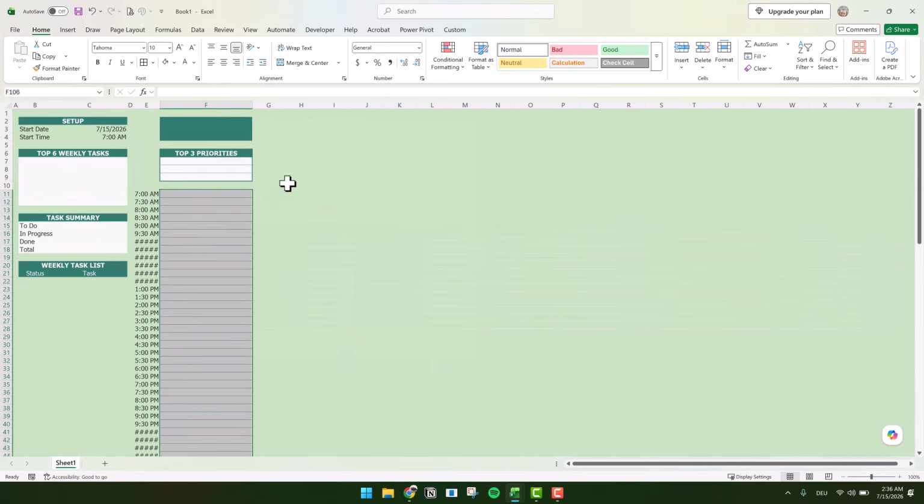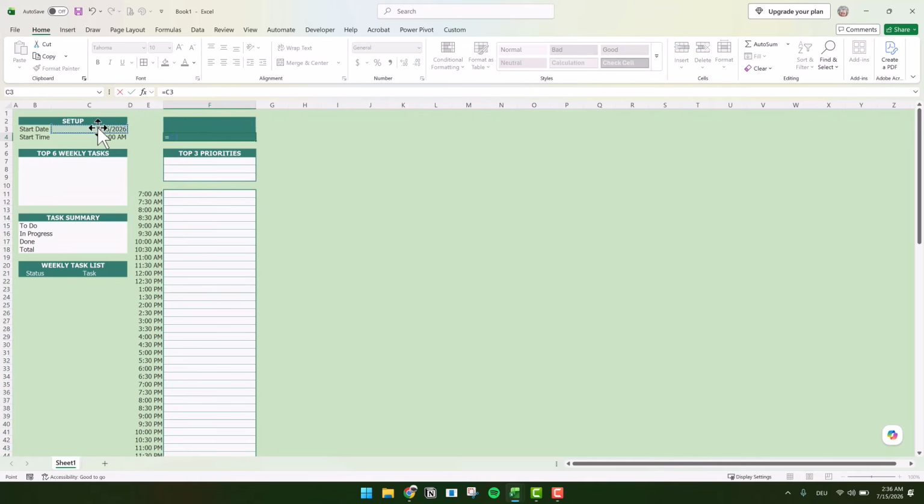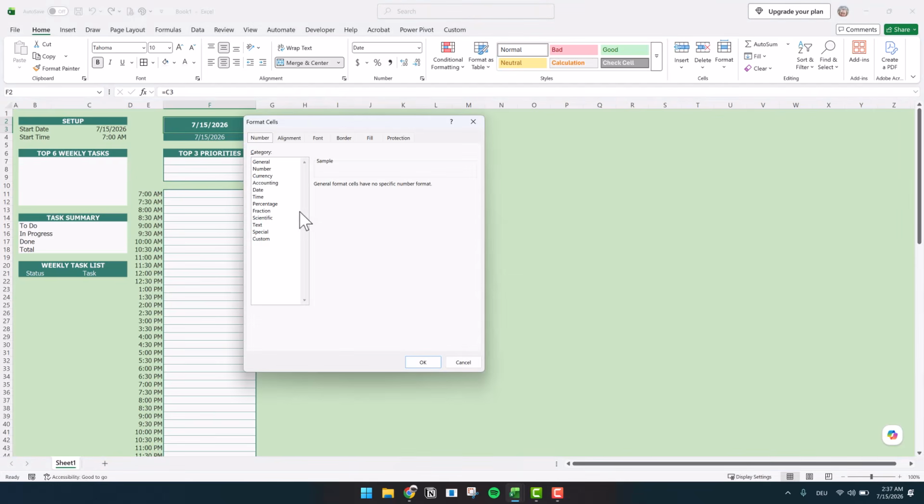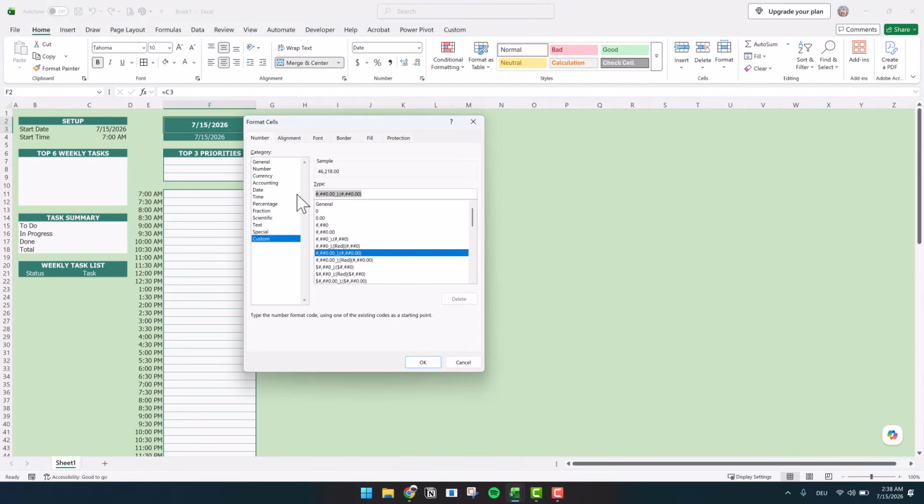So for the date, we can just reuse our start date. So equals to the cell where we enter our start date. And for the week days, we can basically do the same, just use a different formatting. So we go here to formatting and then more and then custom, and we can just type in 4Ds, but